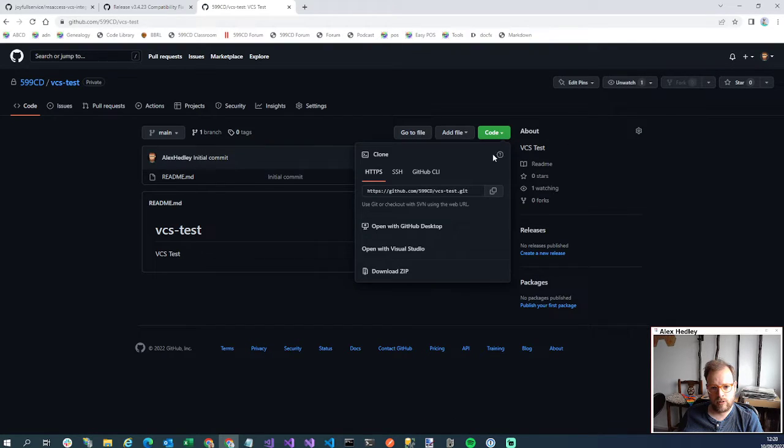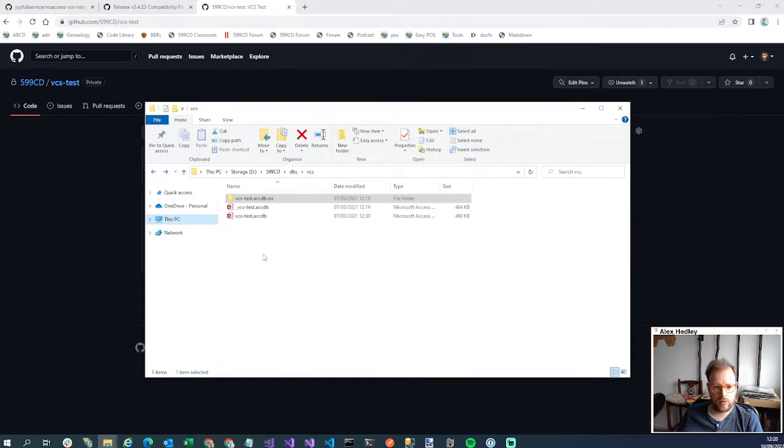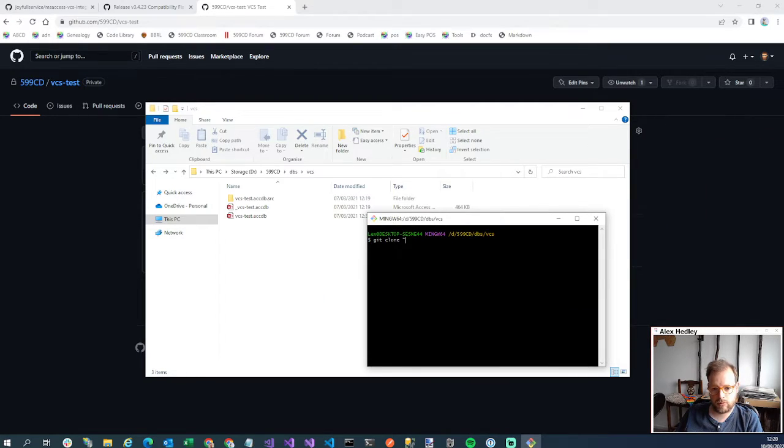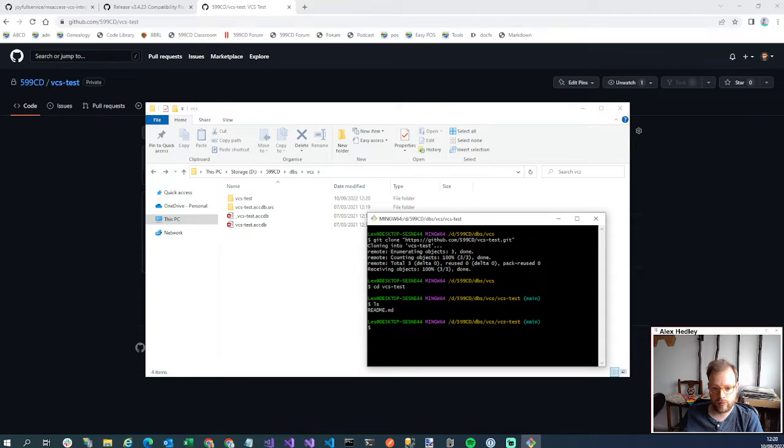So as we did in the other series, take a copy of the URL, and then we're going to open the git bash here and do a git clone. Now cd into the VCS test. If I could spell, it'd be dangerous. VCS test. And as we can see, we've just got the README. So if we now open it with code dot,